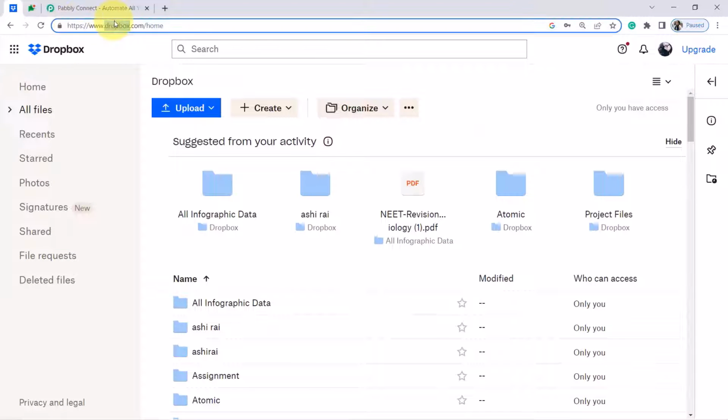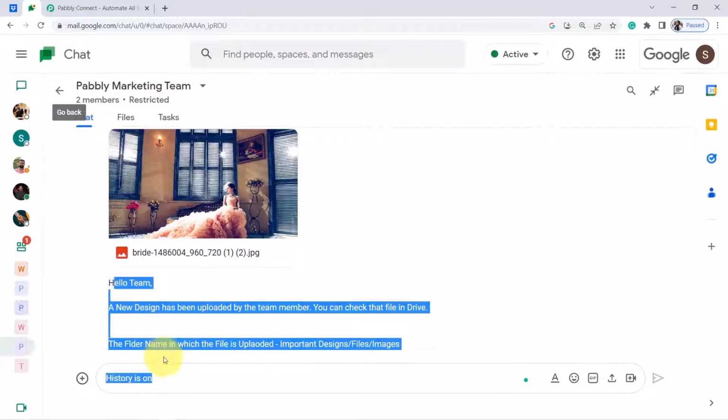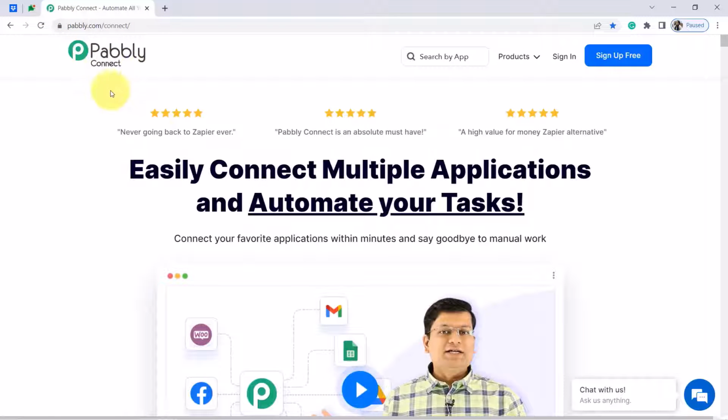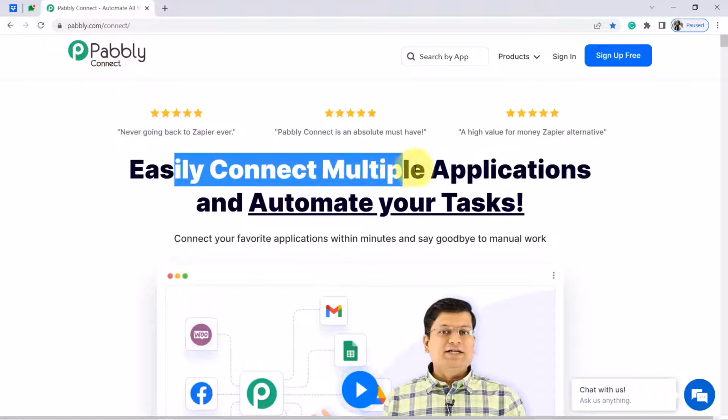So this is my Dropbox application, and assume that my team member always uploads the data into this particular folder. I want that every time he has uploaded the file successfully, I should get notified automatically on Google Chat. But for that, I'll have to integrate Dropbox and Google Chat, and I'm going to do that with Pabbly Connect. It is an amazing integration and automation software via which you can easily connect multiple applications